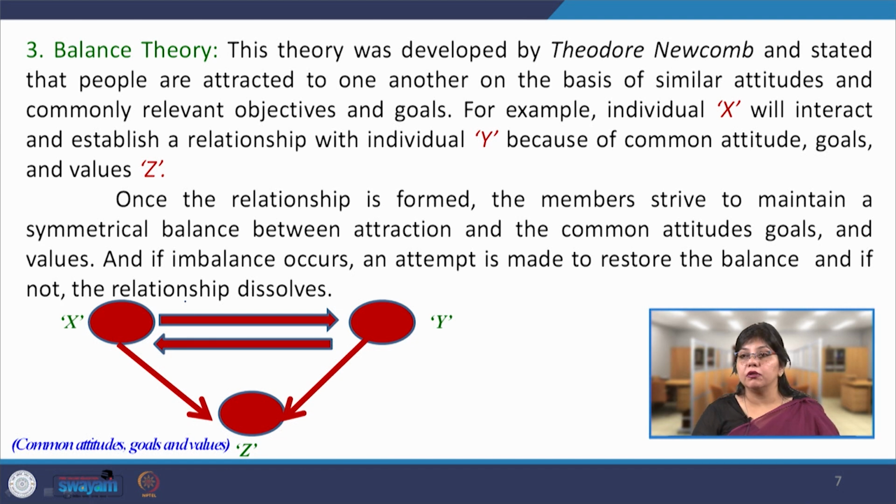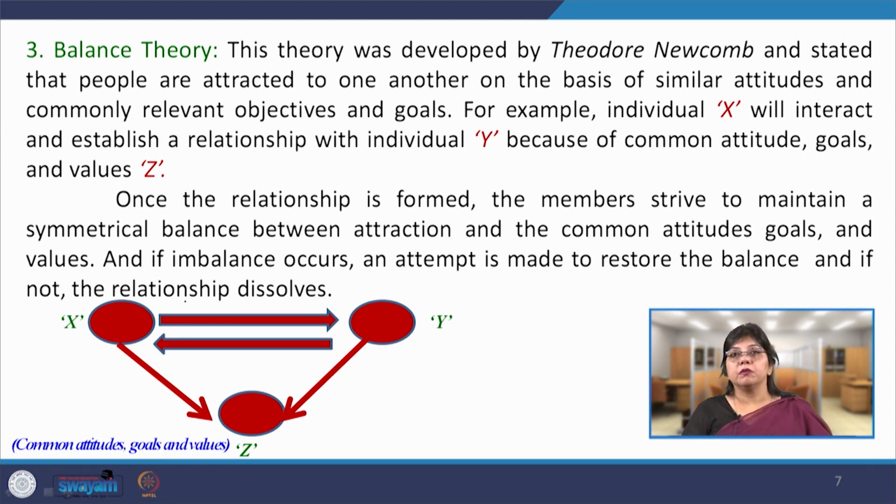The other is balance theory, which was developed by Theodore Newcomb. This theory is based on the idea that people are attracted to one another on the basis of similar attitudes and commonly relevant objectives and goals. It is obvious that when two or more people have common objectives and goals, they are attracted to each other and tend to share those goals based on commonality or similarity in their attitudes and behavior. For example, in the diagram, X will interact with Y based on common objectives, attitudes and goals,